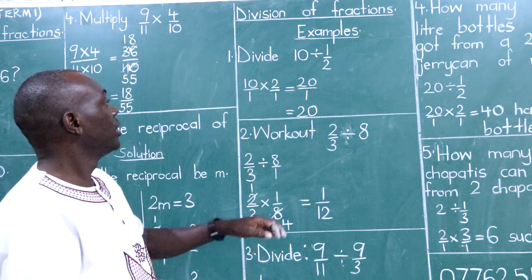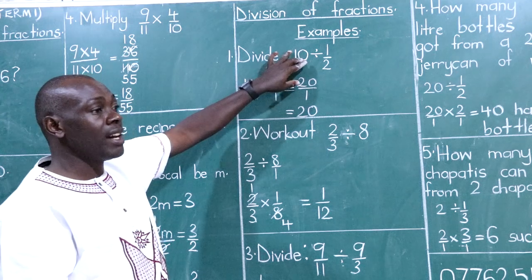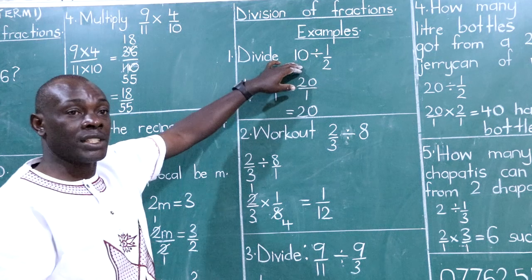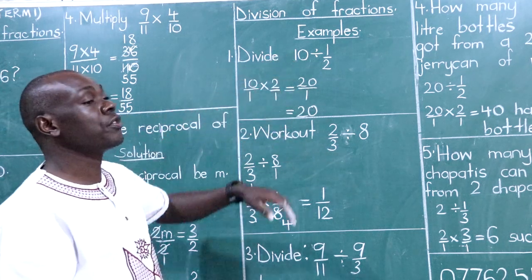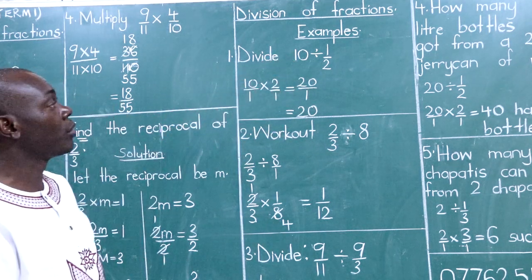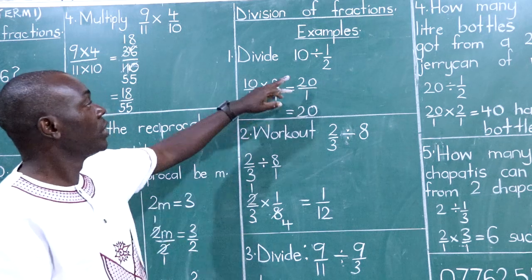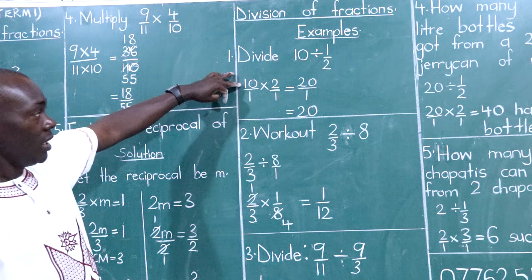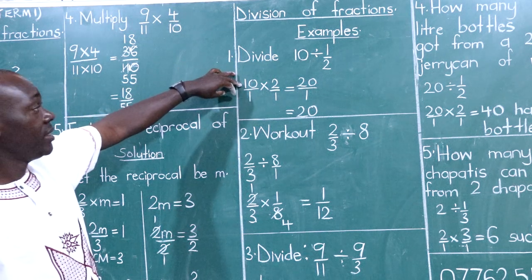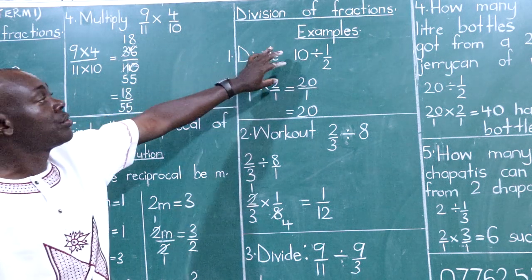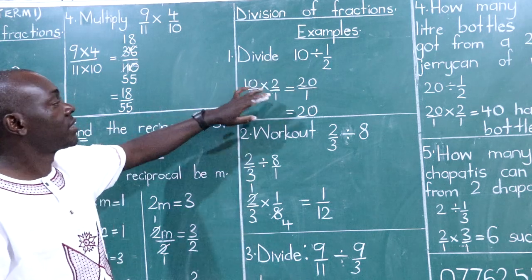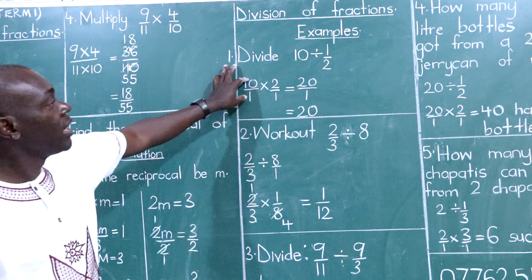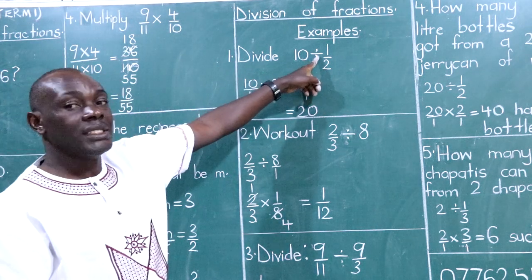Now, 10 is out of 1, like we know any whole number is out of 1 if it's written as a fraction, because out of means divided by. So 10 divided by 1 means 10. These two mean the same: 10 is the same as 10 divided by 1. So 10 divided by 1 is 10. Then the division is